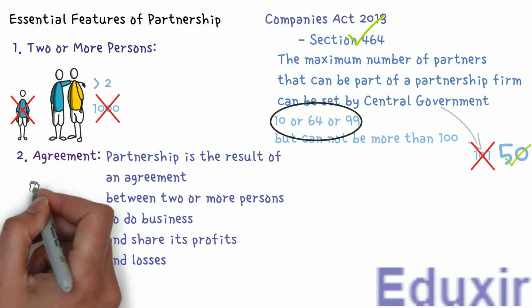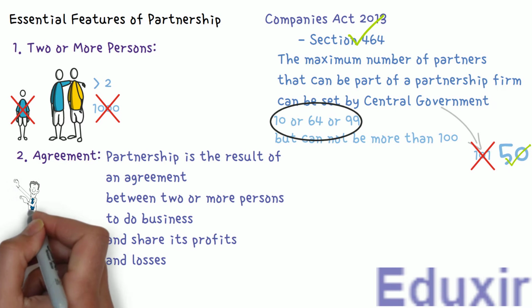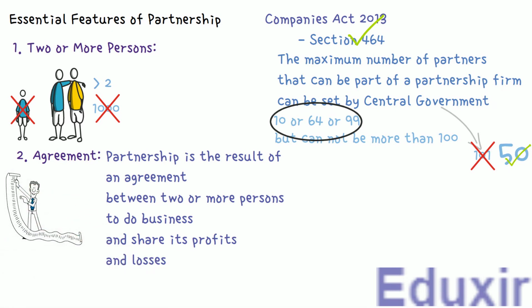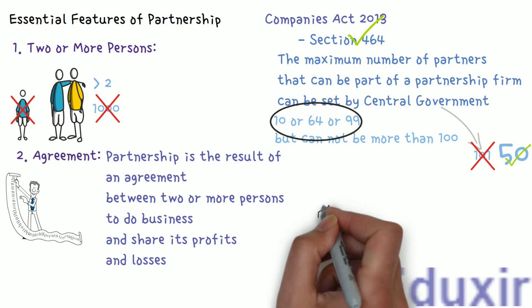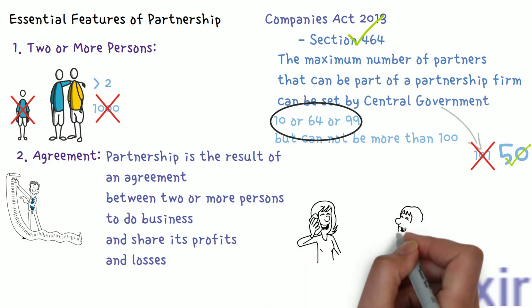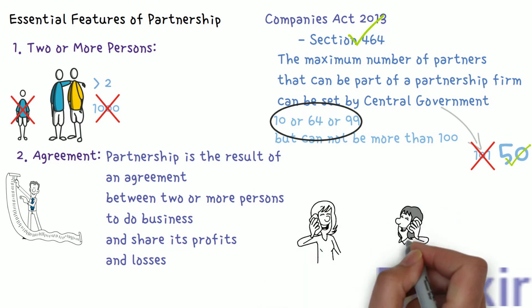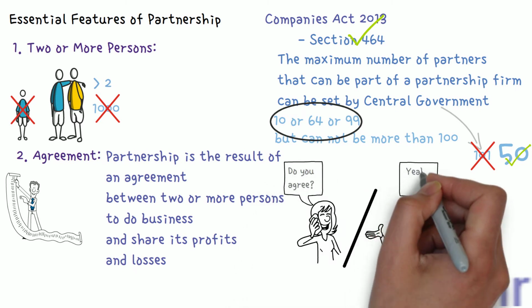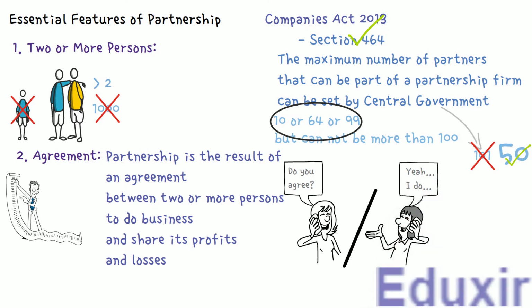Once the partnership agreement is made, this agreement becomes the basis of the relationship between the partners. It is not necessary that they should prepare the agreement and then sign it. They could do that also, but that's not necessary. They could just orally agree. It is also valid. But it is better to have a written agreement.